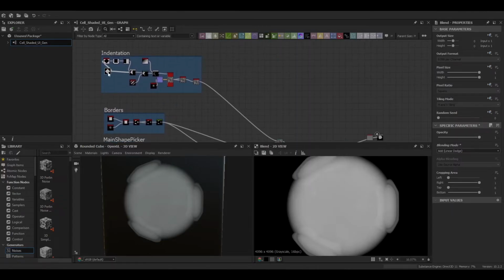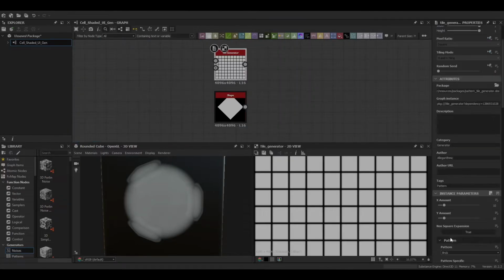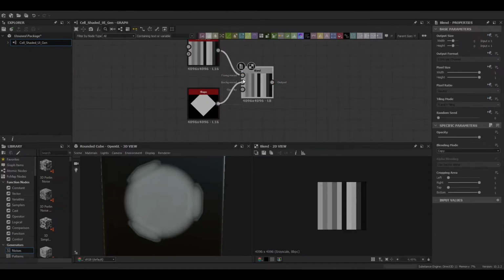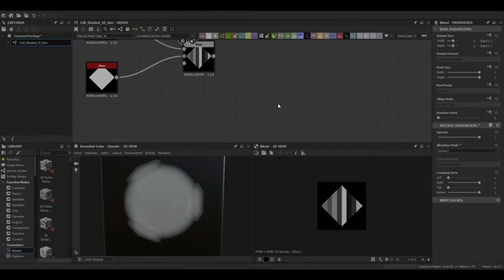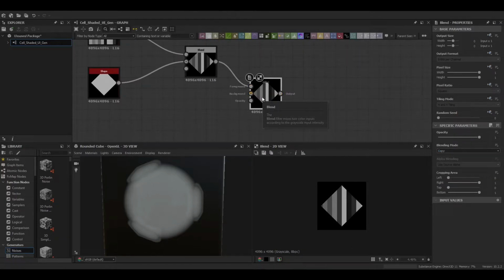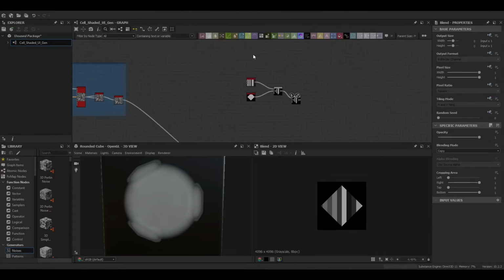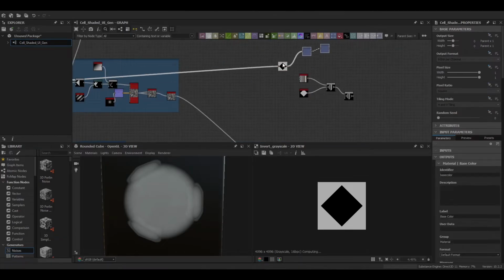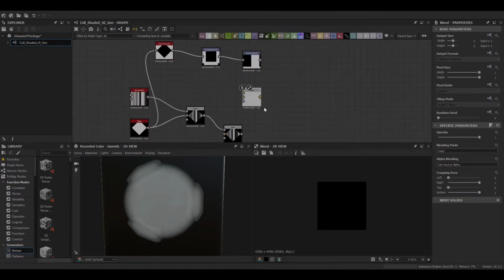We can finish up some framing, and then we can move on to the third and final element, which is the indentation part of it. So the indentation I was doing was a play button, and I'm just using a normal shape node, which is a square, rotate it 45 degrees, and then we're blending it together with a tile generator with a luminance of 1. This is just to give us a gradient banding that will blur in to add a bit more interest